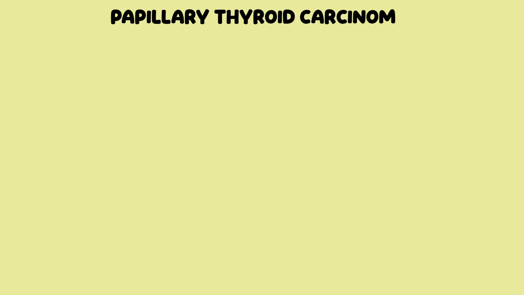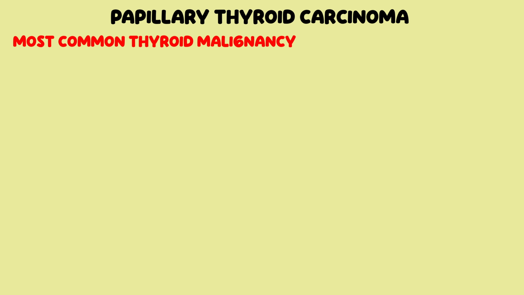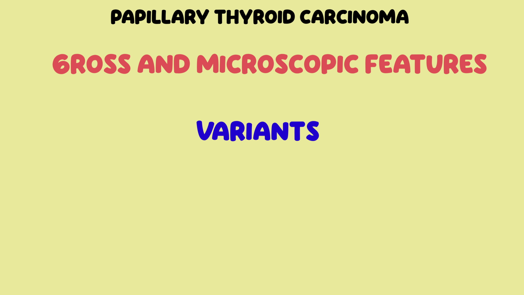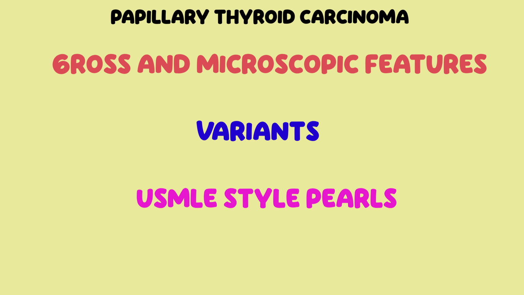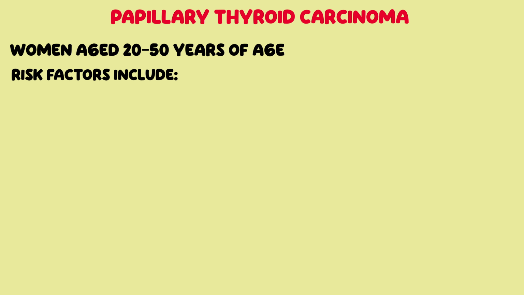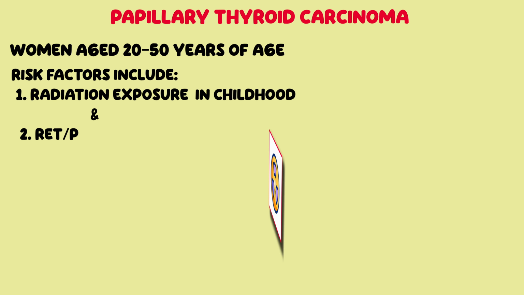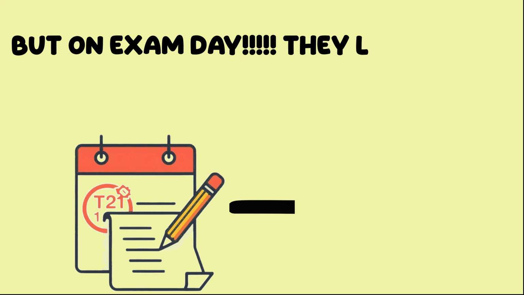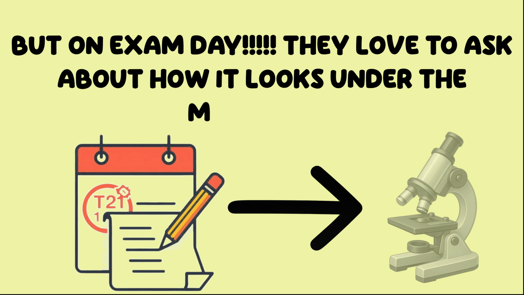Papillary thyroid carcinoma is the most common thyroid cancer, and its diagnosis depends heavily on morphology. In this video, we'll cover gross and microscopic features, variants, and give you USMLE style pearls to lock it in. Papillary thyroid carcinoma often affects women aged 20 to 50, and risk factors include radiation exposure in childhood and RET/PTC rearrangements. But on exam day, they love to ask about what it looks like under the microscope, so let's